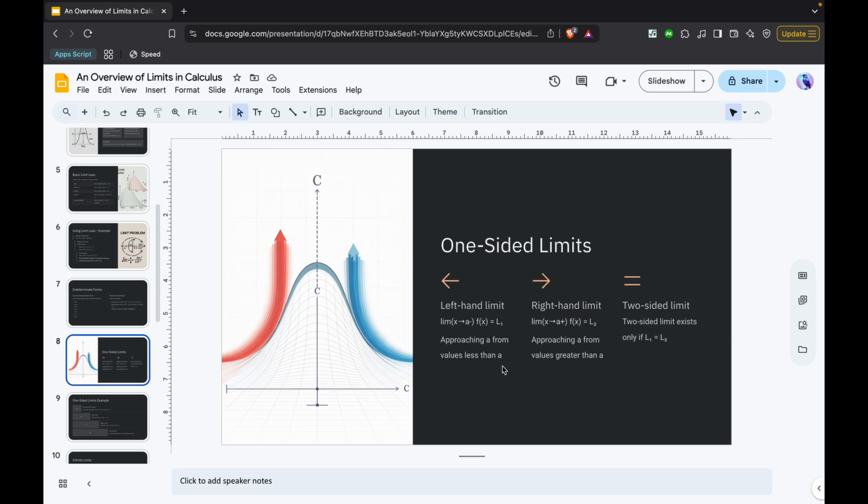Now, a two-sided limit only exists if the left-hand limit is equal to the right-hand limit. Now, you might think that this is true for all functions, but this is pretty much only true for continuous functions. For functions such as piecewise functions that don't directly intersect, the two-sided limit doesn't exist, and there's pretty much only a left-hand and